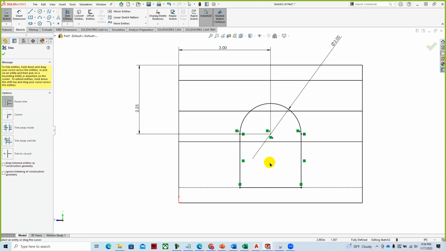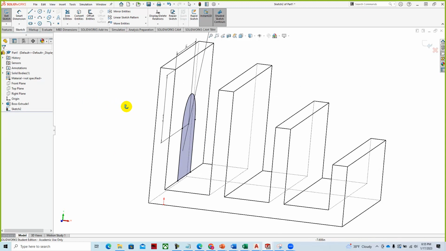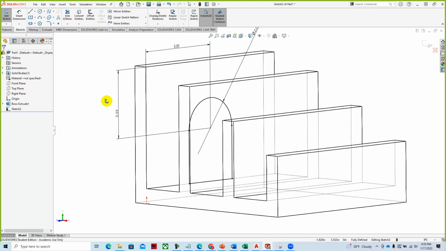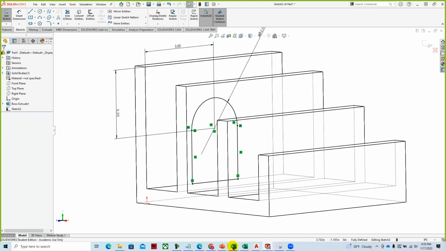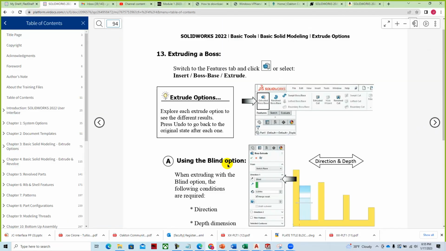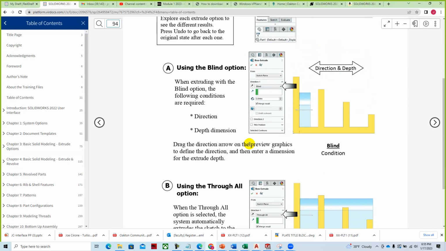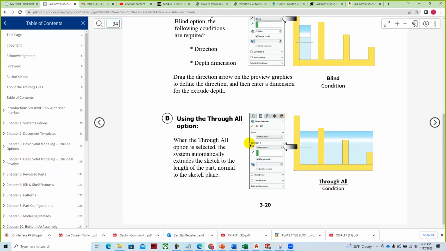We just kind of glide right through that, and green check mark that. And so we have that geometry created. You'll notice that it's a solid fill. And so once we have that created, what we're able to do then is to go through these different extrude options. And the textbook does a really great job of going through these different extrude options, like through all,